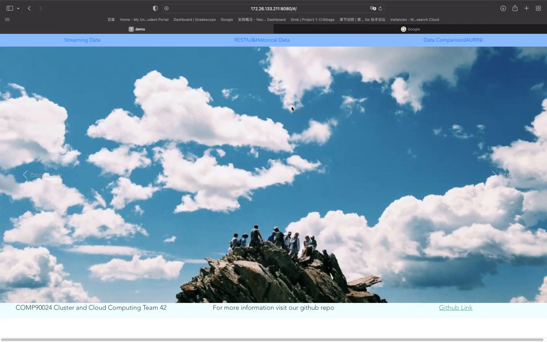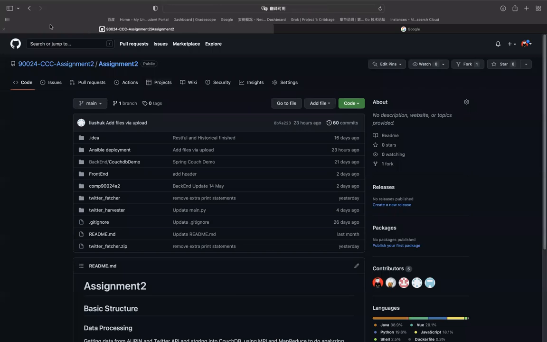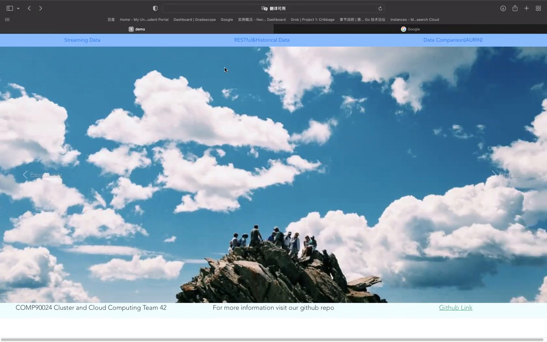You can just type the IP address here, as long as you are in University of Melbourne or using VPN such as Cisco. Now I'm using Safari and Cisco here. When typing into the address, we can see the welcome page here, and there is some information below, such as our GitHub link. Our application contains streaming scenarios, the streaming data, the RESTful and historical data, and the data comparison